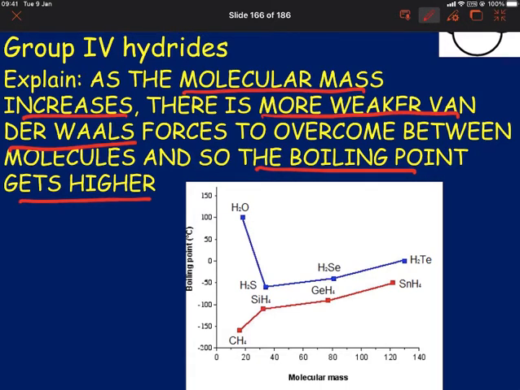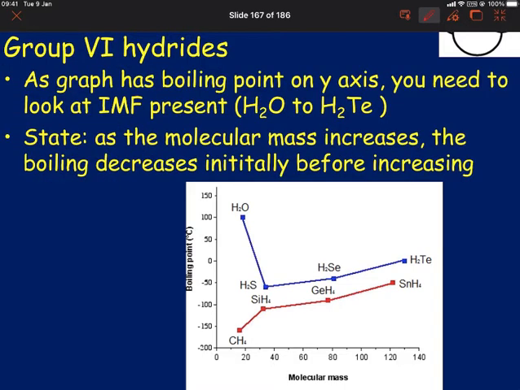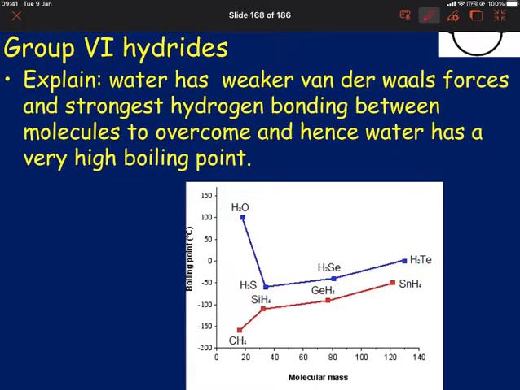So then the blue line is weird in that the trend is water has a really high boiling point, and then it decreases but starts to increase again. So as the molar mass increases, the boiling point decreases initially before increasing. So that's explaining the curve of the blue line, and then what's the explanation? So we know now that there are 2 different sets of intermolecular forces involved. So water has weaker van der Waals and strongest hydrogen bonding, so you need to mention both, and hence that's why it has a very high boiling point, and then compared to the others,